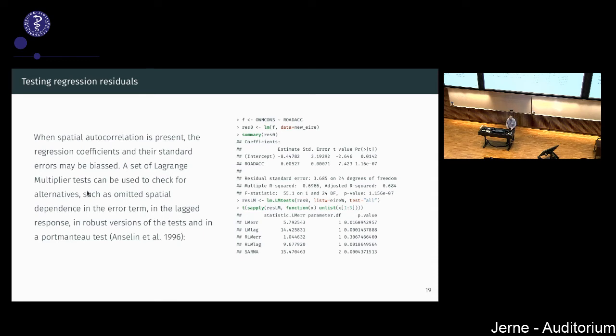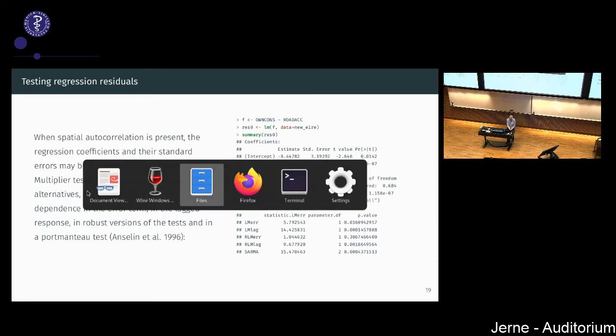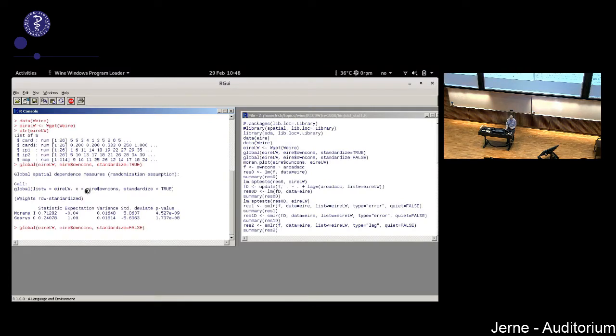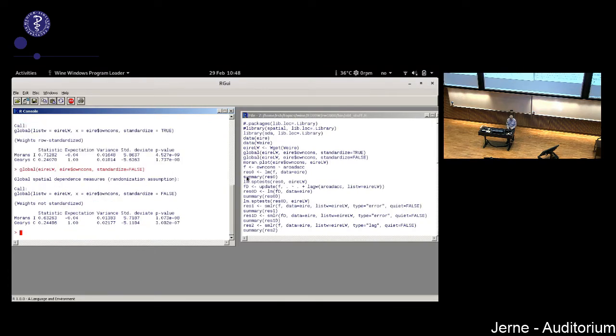Now, this one, yes. So this is a second test. We can test the regression residuals.